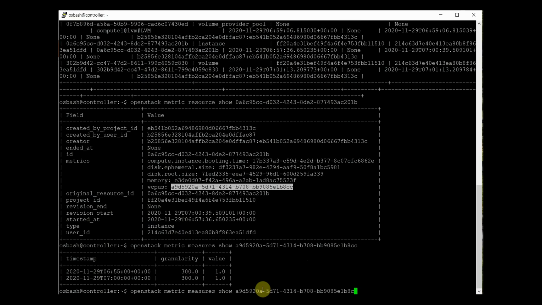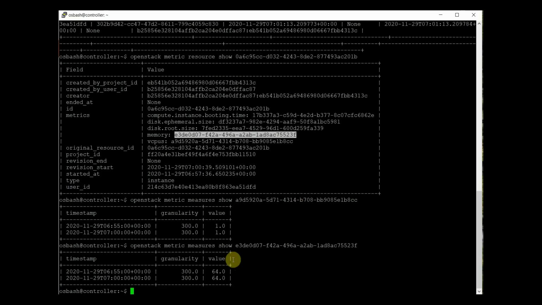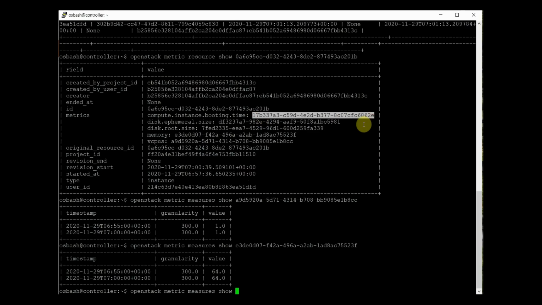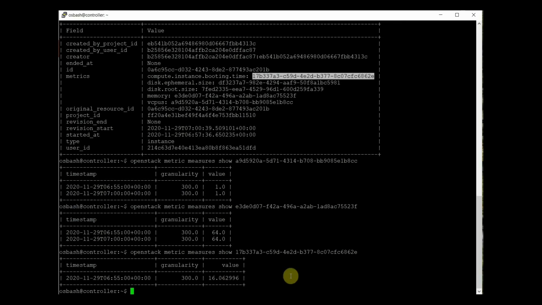Similarly, if I want to see the measures about the memory, I can use the ID of the memory, and I'll see the memory usage. Similarly, for the compute instance boot time, I can use the boot time metric and check the measures, how much time it took to boot the system. This is boot time, right? Let's capture all these details. So these are the metrics about the instance, right?